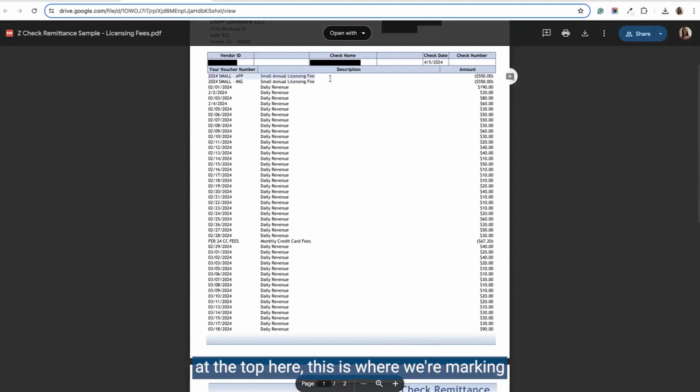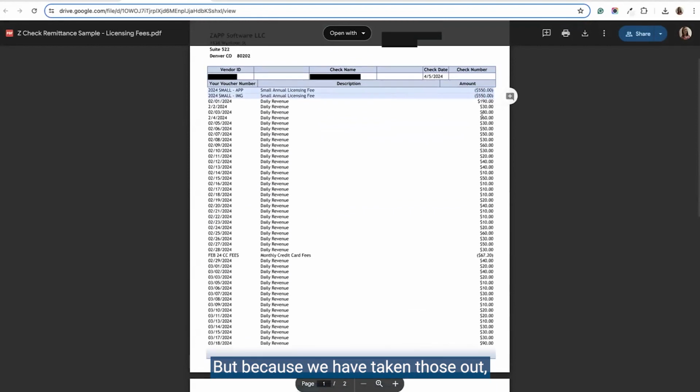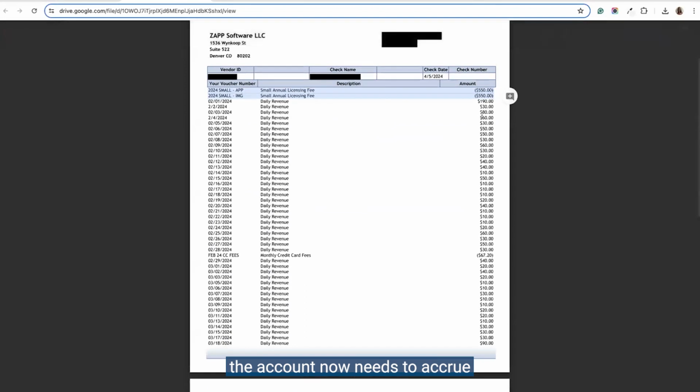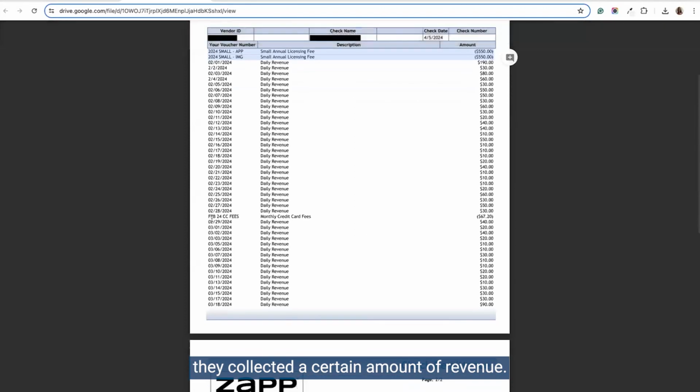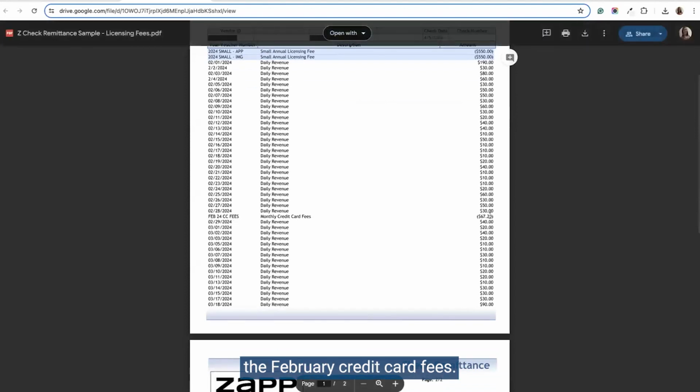As you can see at the top here, this is where we're marking the licensing fees that need to be paid off. So we're taking those fees out. But because we have taken those out, the account now needs to accrue enough revenue to pay off those fees before we can start remitting what is left. So in February, they collected a certain amount of revenue. We've also deducted the February credit card fees. And then in